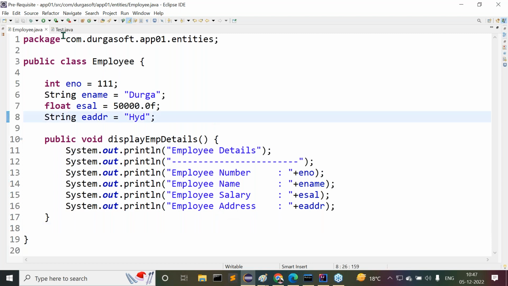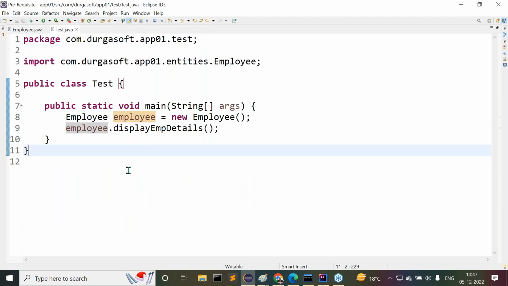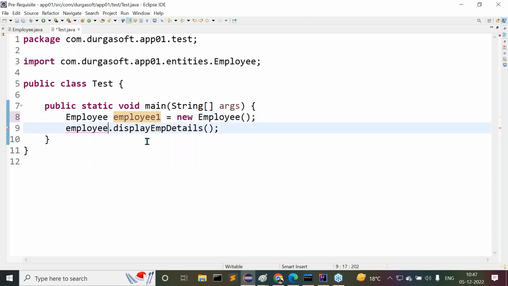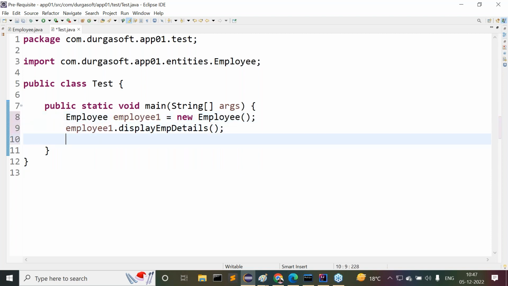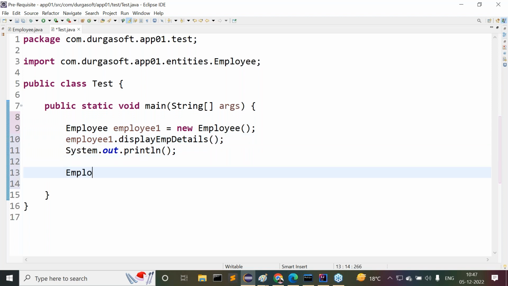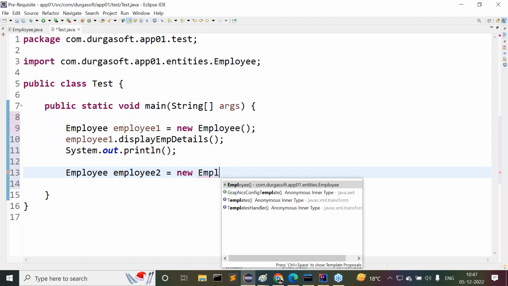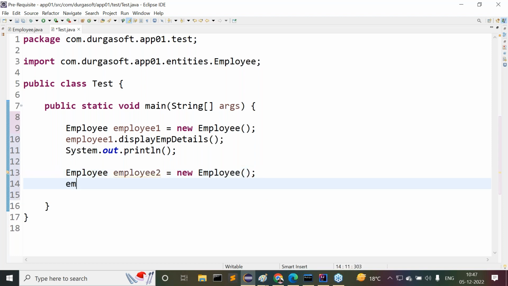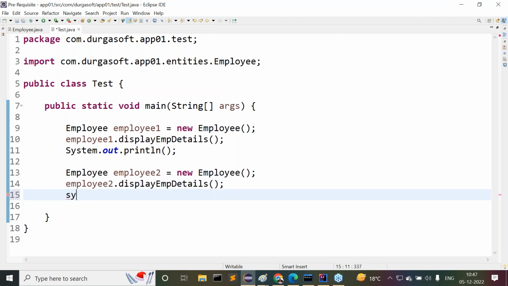Okay, fine. All of you listen carefully. In this program, I want to give one more point. Try to understand this point. This is one object. Am I right or not? One line space I want to provide here. Next one: employee2 = new Employee(); employee2.displayEmployeeDetails();